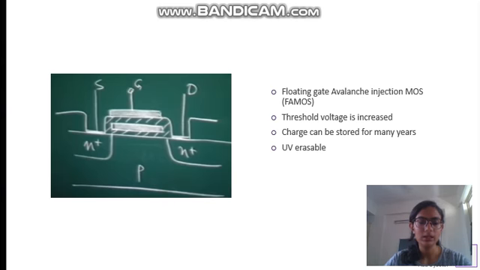When we apply the high voltage between the gate and the drain, negative charge accumulates on the floating gate from the P-type region, and this results in increasing the threshold voltage, so that the transistor does not turn on at normal voltages. So when we want to program, we apply higher voltages, say 25 volts at the word line and 5 volts at the bit line.